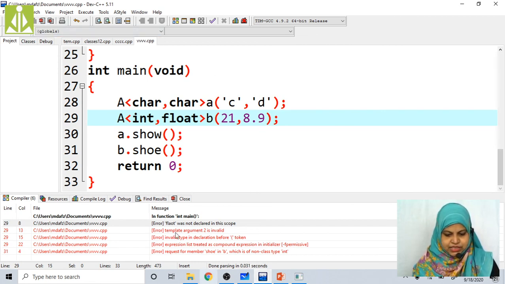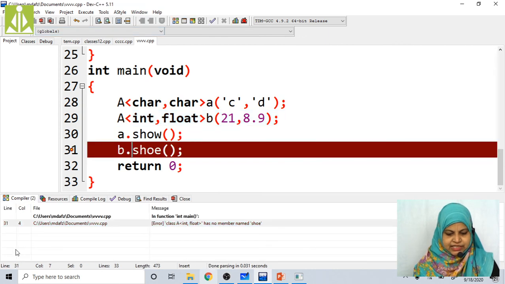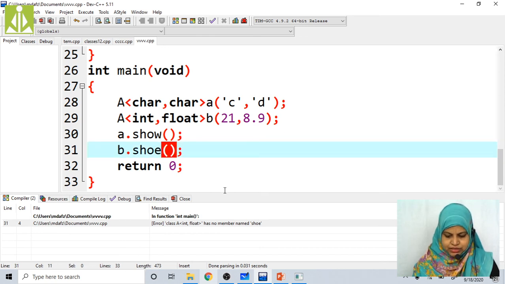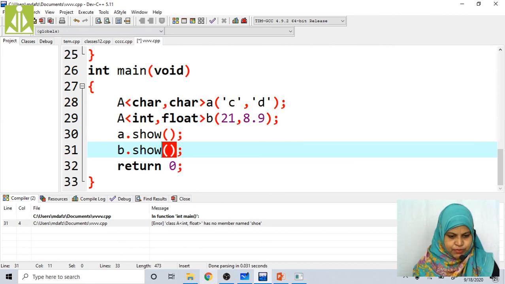Save. See here, float was not declared in this scope. Now compile the program. Are there any errors? Yeah, float has no member. Instead of writing show, I wrote it incorrectly here, so show. Save this program. Next, compile the program.